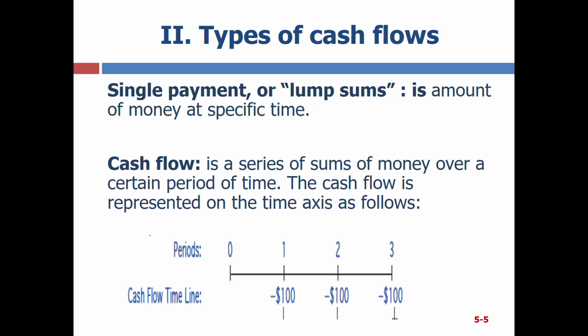Now let's move on to the classification of cash flows. First of all, we clarify the definition of cash flow. What is cash flow? Cash flow is a collection of cash amounts over a certain period of time. So, what is a single payment? A single payment is an income or expense that occurs at a specific point in time. The amount can be positive or negative, depending on whether it is income or expense. Here is an illustration of a cash flow with time points and corresponding cash amounts. This is how you will draw cash flows in the exercises that we will do in the future.